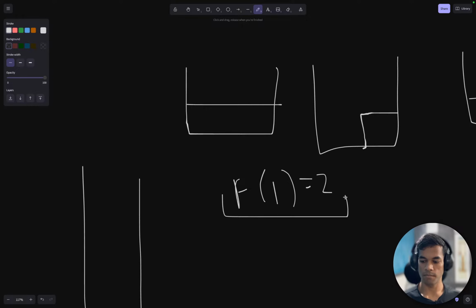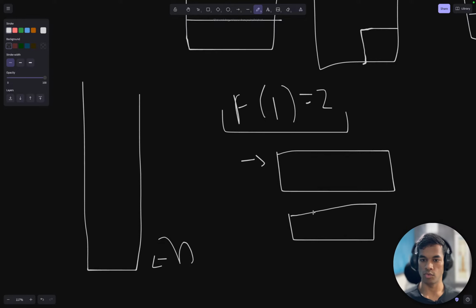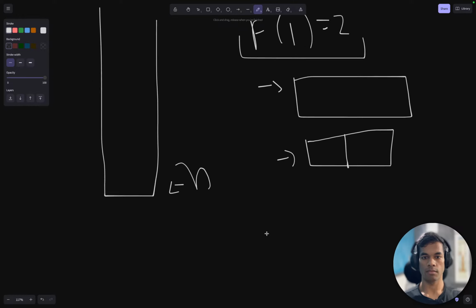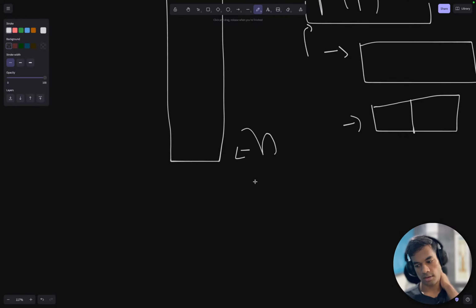Yes, f1 is going to be equal to 2, because when you have only one row, either you keep it as it is or break it into two cells. Those are the only two choices. So we can say this is our base condition, and then before that,